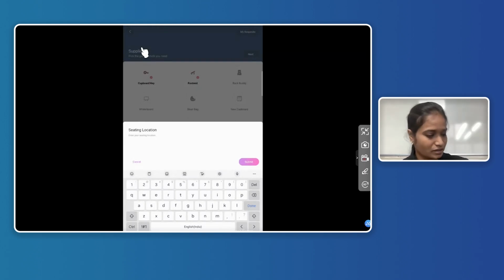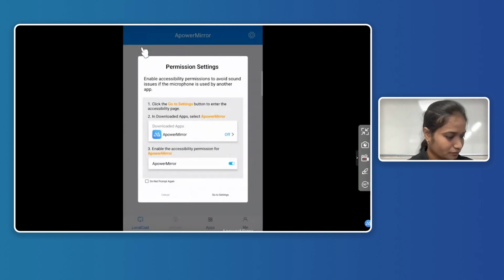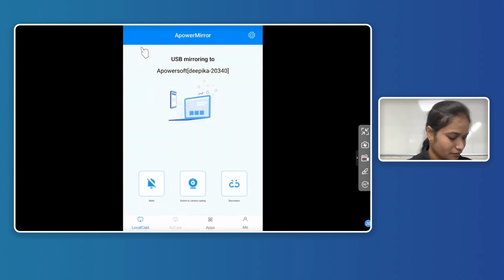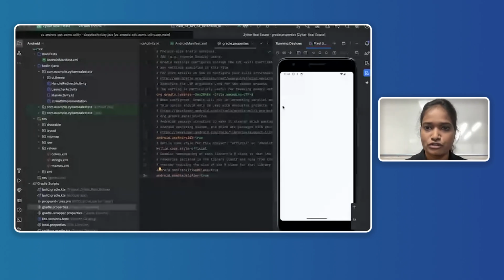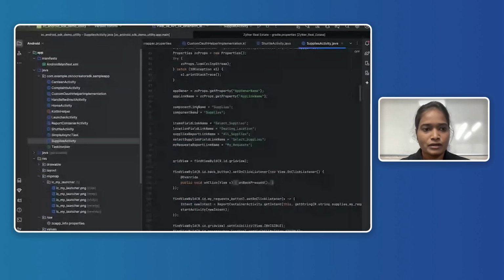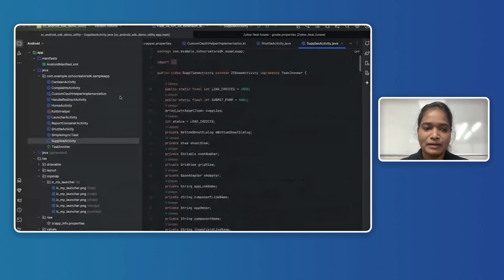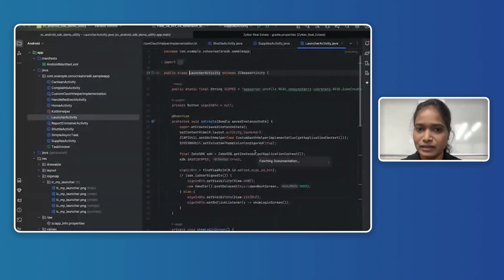Now let me disconnect this as of now, and I'm going to the Android Studio. Let me open that application. So this is the application that I was talking about, which is the utility application. Let me go to the launcher activity first. So in the launcher activity,